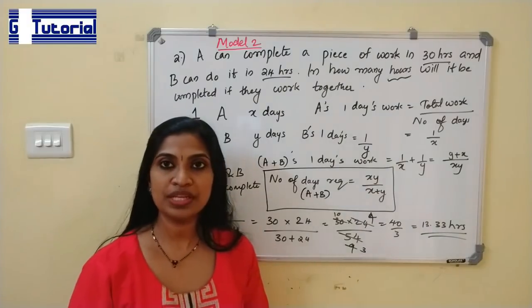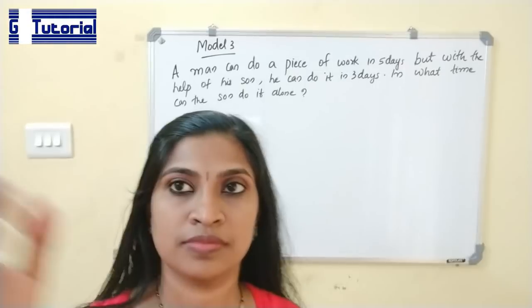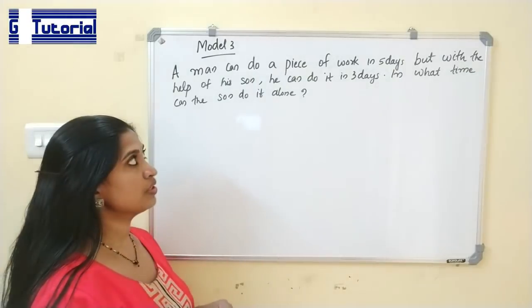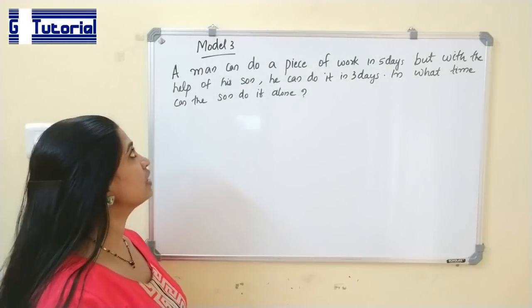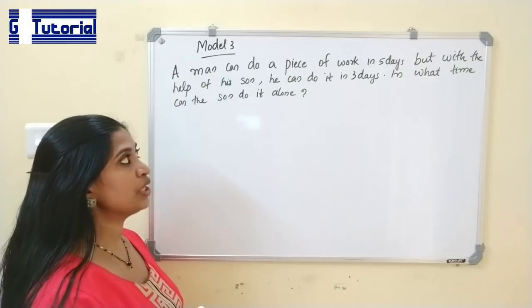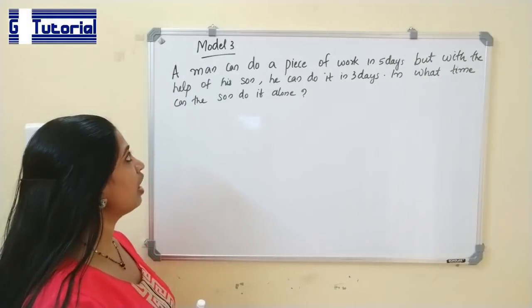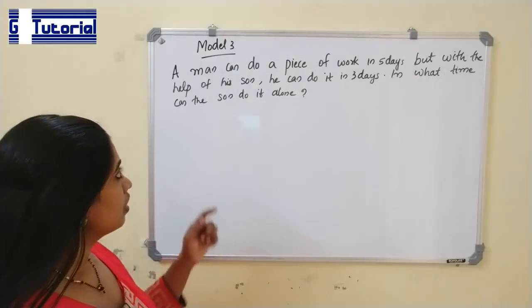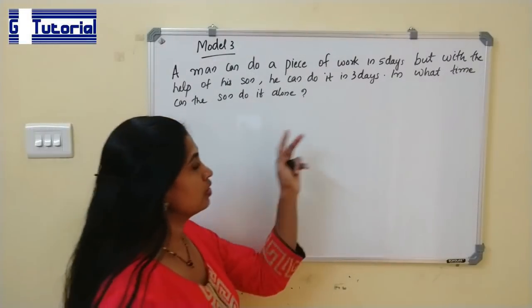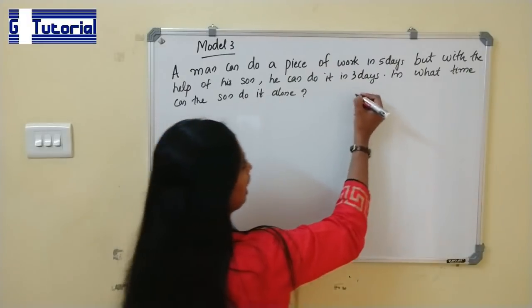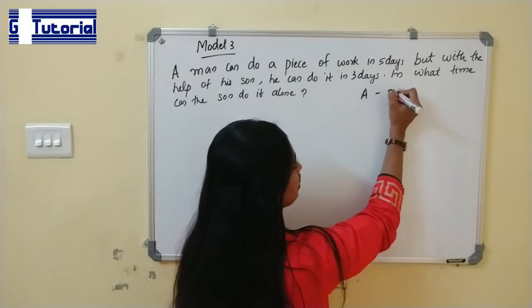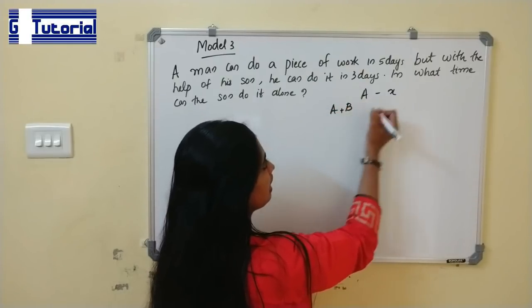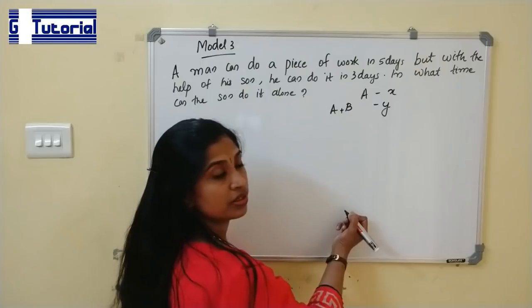Okay, so now we can do the next model problem. This is the next model problem. A man can do a piece of work in 5 days, but with the help of his son, he can do it in 3 days. In what time can the son do it alone? This type of problem can be done in this way. If A takes x days to complete the work, B and A together takes y days to complete the work, then